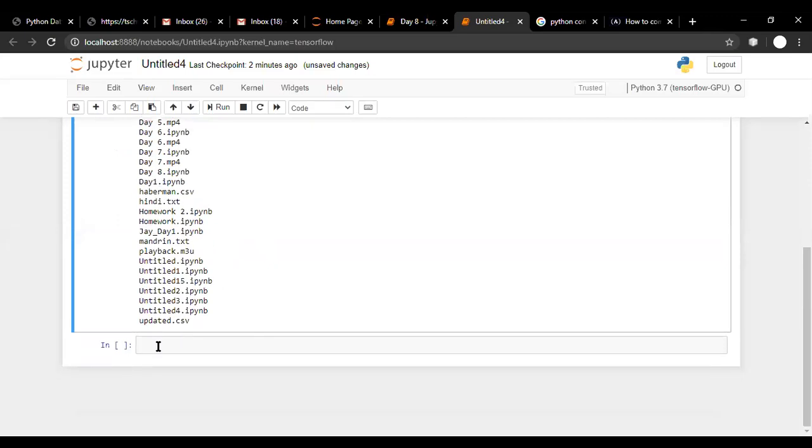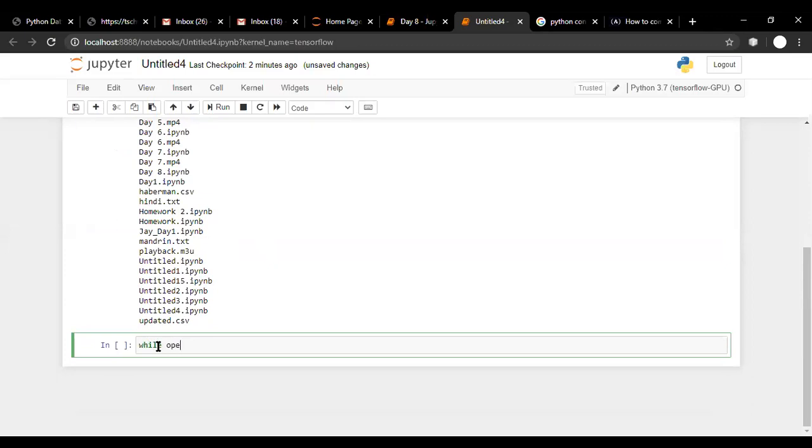If we want to read a file, as sir discussed, we can simply read it using with open. Sorry, it should be with open, not while open. With is something very useful. When we are working with files using with open, we don't need to close the file.